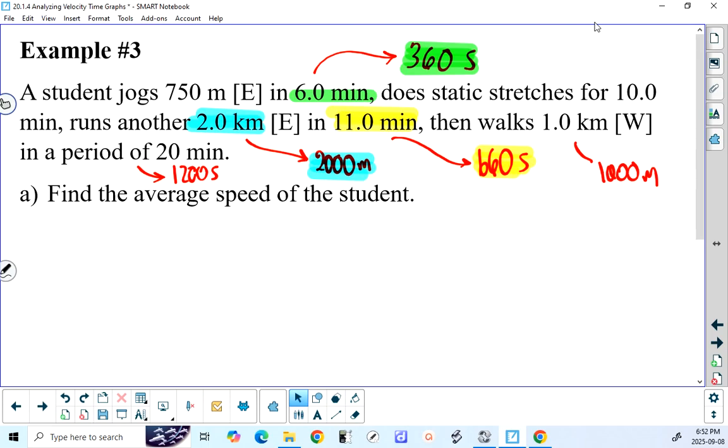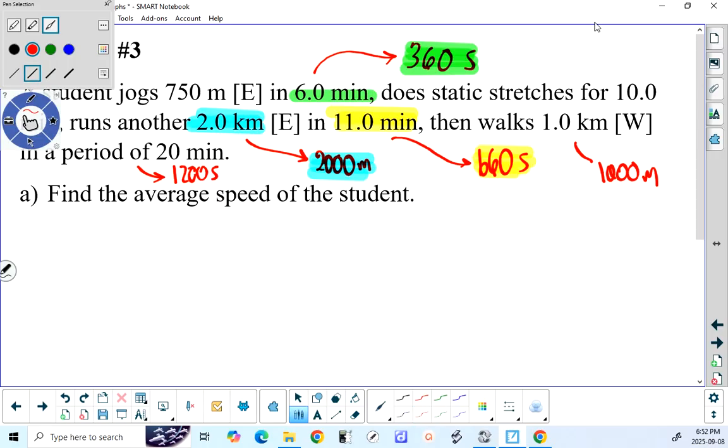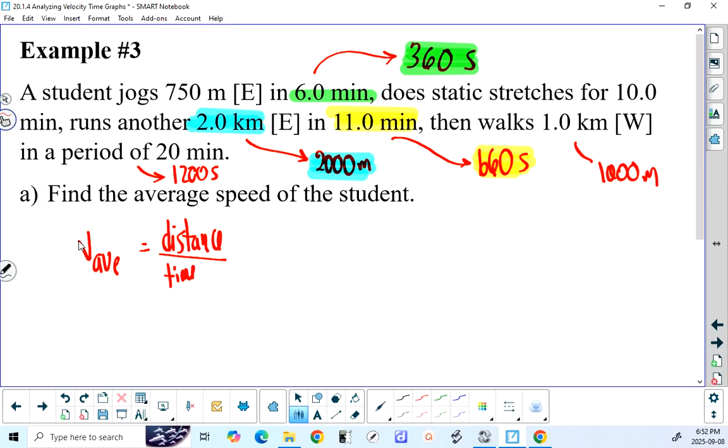So we have all of these distances and times and directions. So what is the average speed? We have to take a very broad approach here and just say to ourselves that average speed is total distance over total time. Not basically. Average speed is total distance over total time. So we need to add, what do we have here? 750 meters